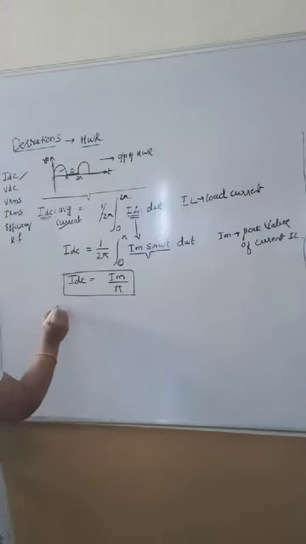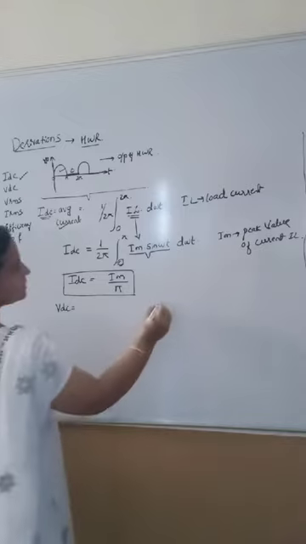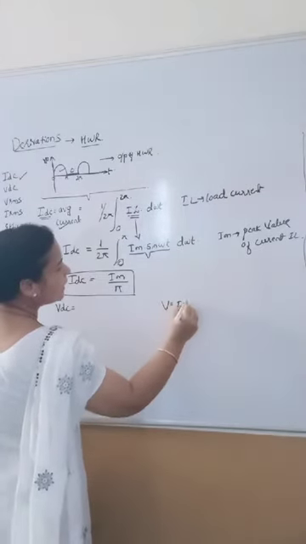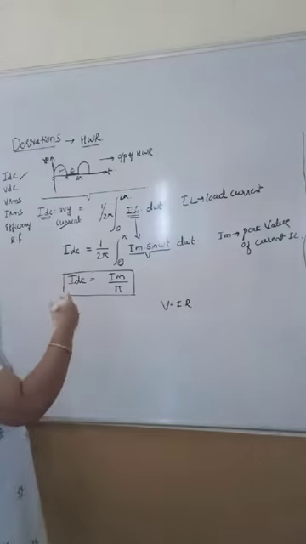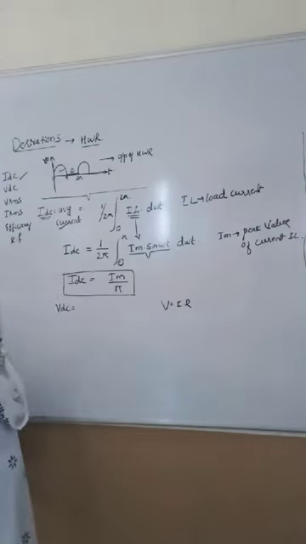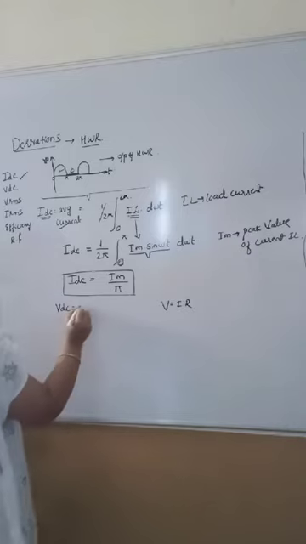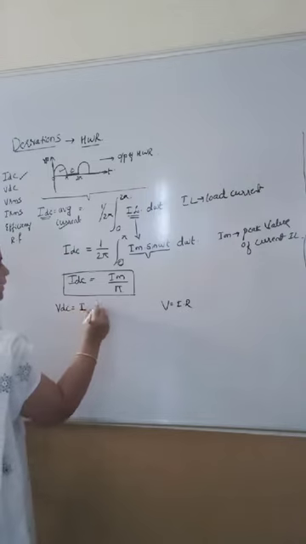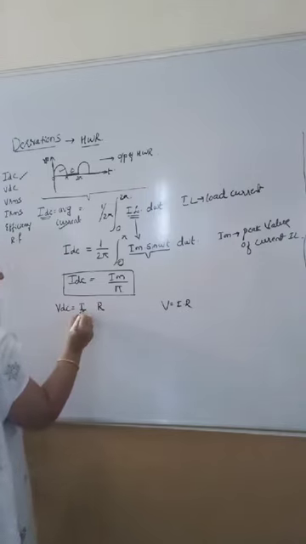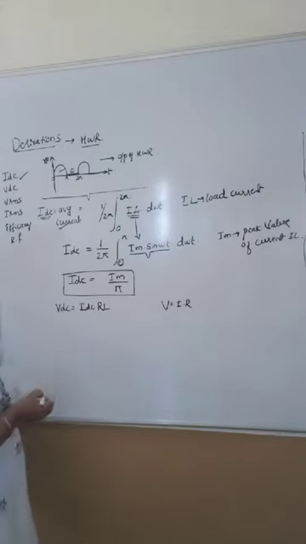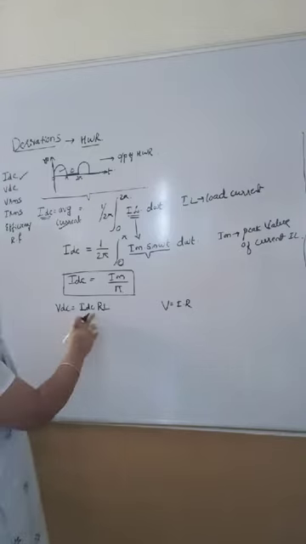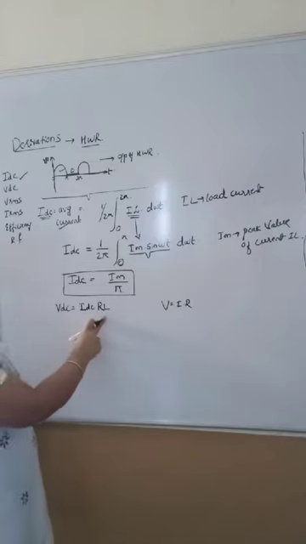Now we will go for VDC, derivation of VDC. VDC can be written using Ohm's law, V is equal to I into R. Similarly, VDC is the DC voltage, meaning the output voltage of a rectifier. This can be written in terms of current into resistor. Which current? The current at the load into the load resistor. So VDC is equal to IDC into RL, I am writing.